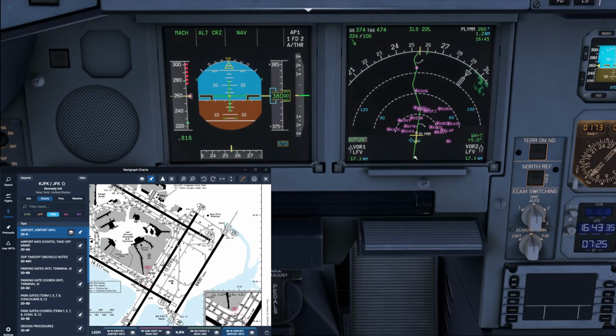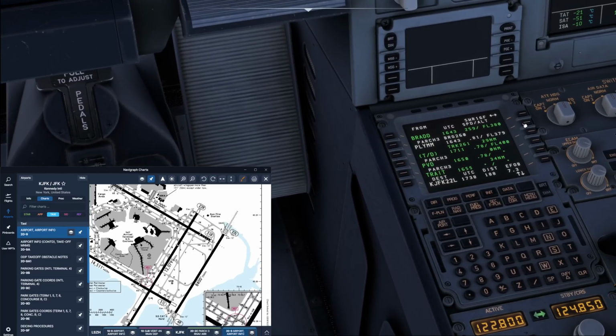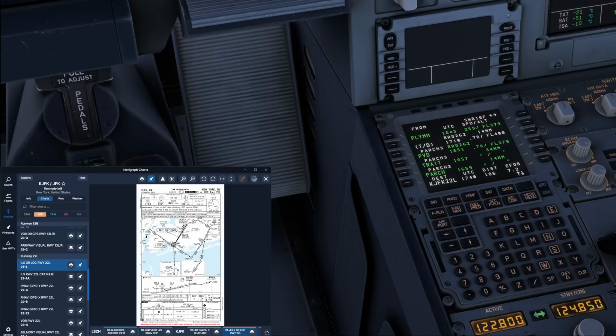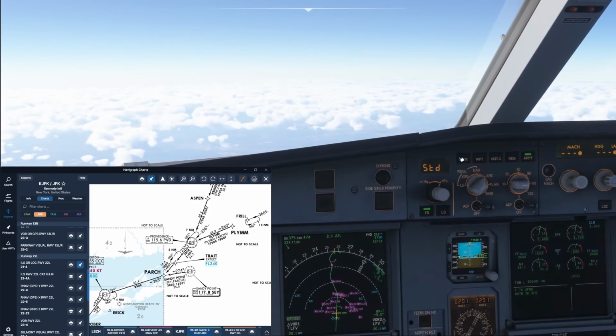Just about a mile before that, perfect. Don't ask me about that top of climb over there. That is definitely a bug. But we can't access the step climb page anymore, so we'll have to ignore that for the time being. The approach will be the ILS approach to runway 22 left today, but let's go ahead and start by checking the arrival itself. So coming in from Plym,